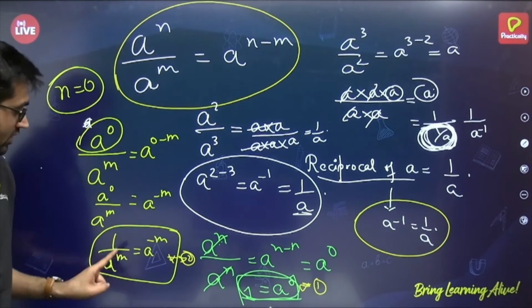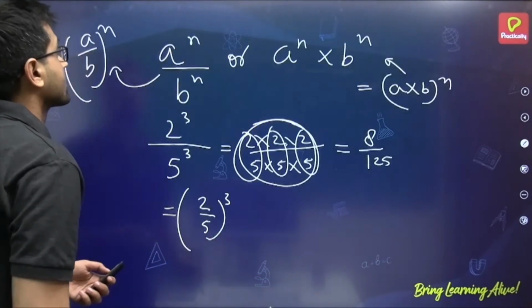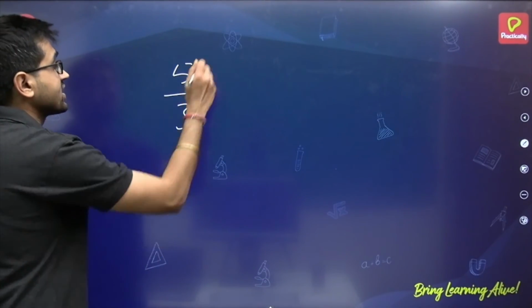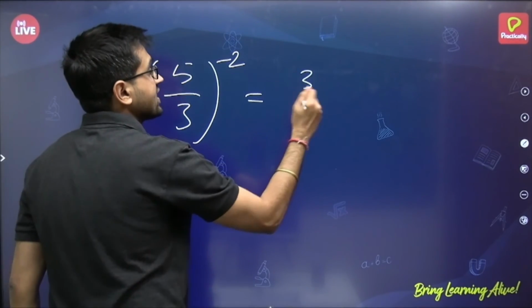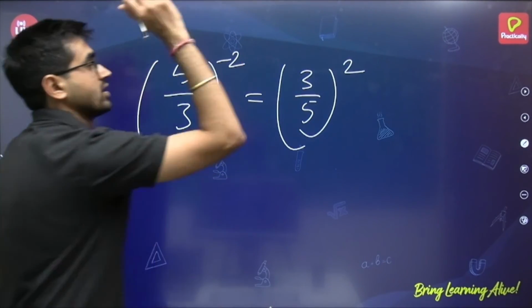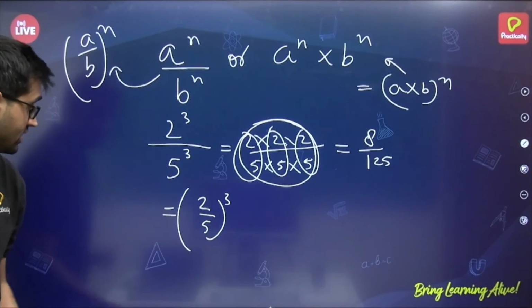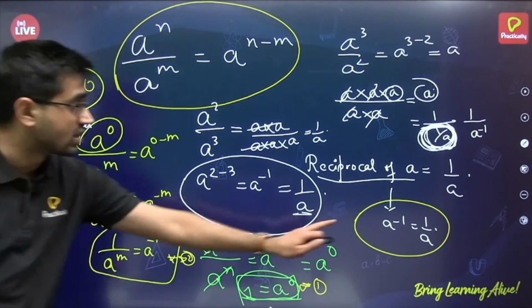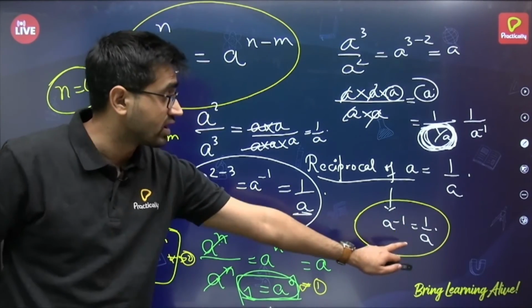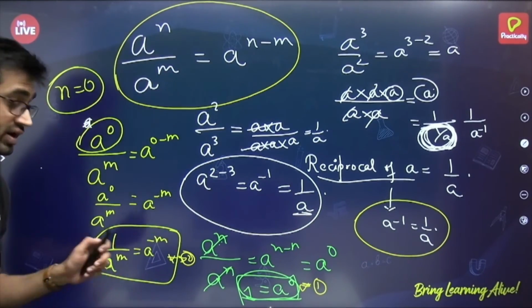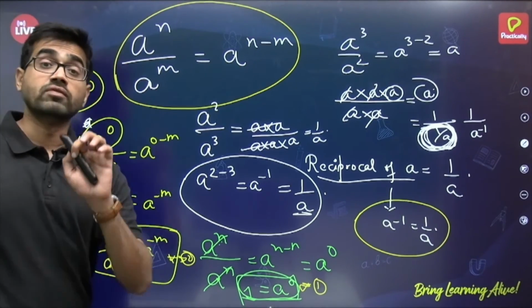So the reciprocal of 1 over A to the power minus M is nothing but the reciprocal of this. What I mean to say is, if someone has given (5 by 3) raised to the power minus 2, now you understand. It is nothing but the reciprocal of the number with the positive power. This is why I wanted you to understand that what I am doing here is reciprocal. This is why this was done. You have to understand the power. You should not say that this power M will not come here. That's the worst case scenario.